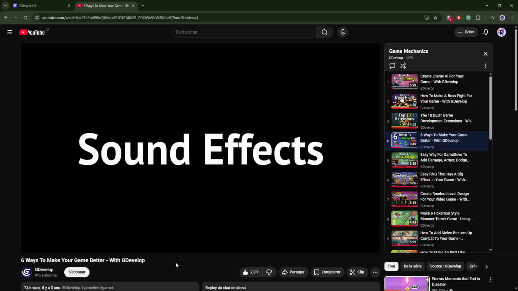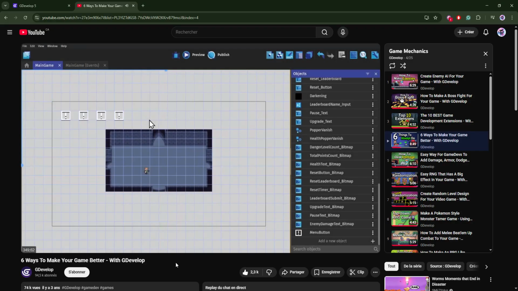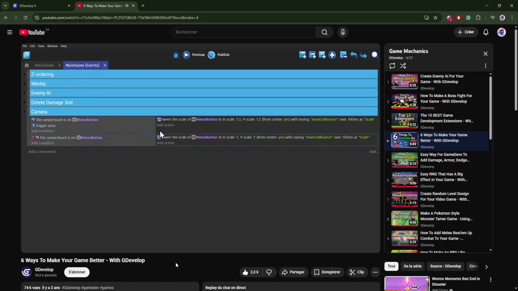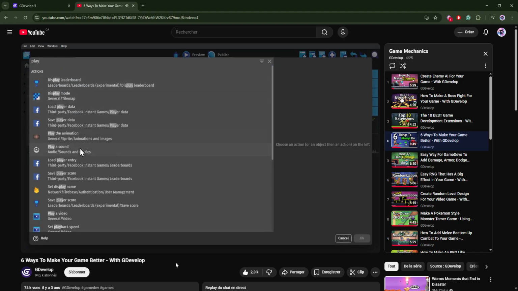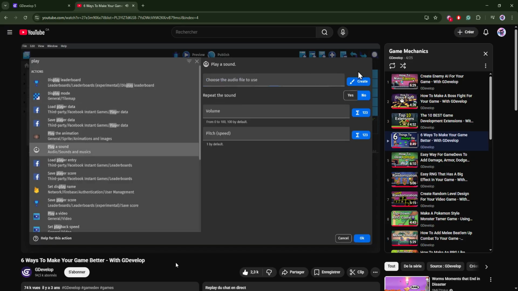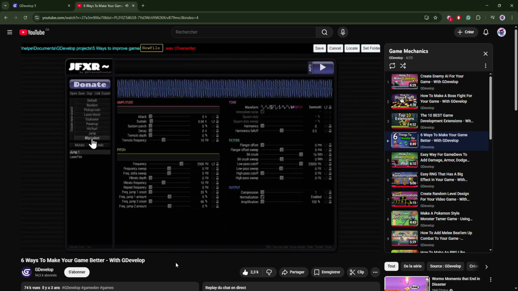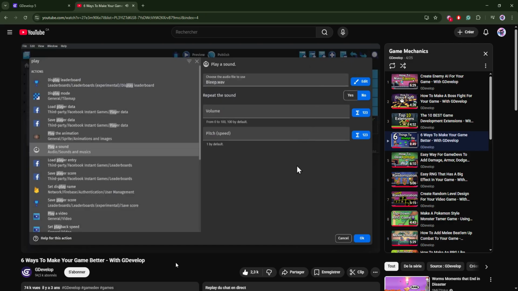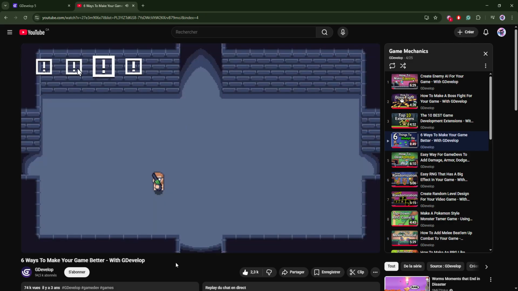Sound effects. And I'm going to show you 3 ways to do this. Firstly, we go back to the event sheet and add an action when we hover over the button. And then we type in play and select play a sound. From here you can add your own sound effect, but we're going to create one using JFXR, which is built into GDevelop. We'll just click on the blip or select button until it gives us a sound effect that we like. When we do get one that we like, we just change the name and press save. So now when I hover over these buttons,